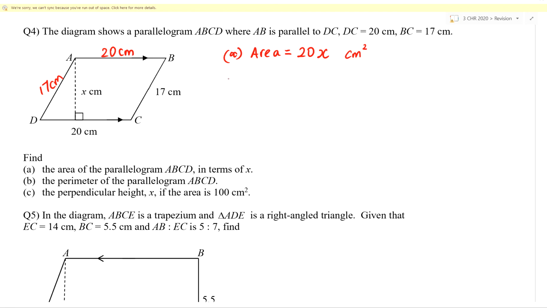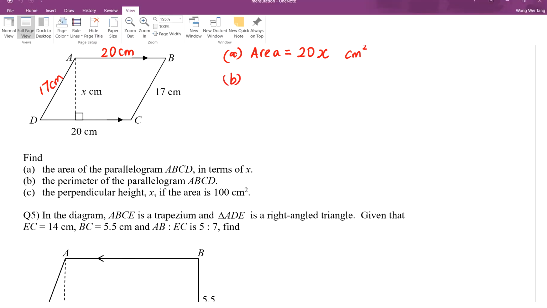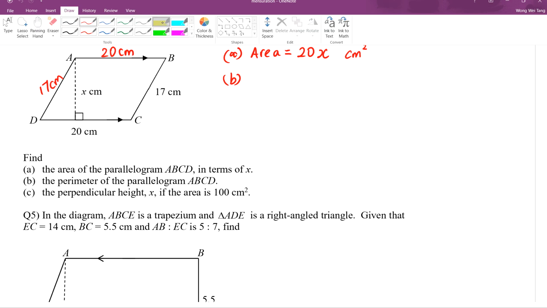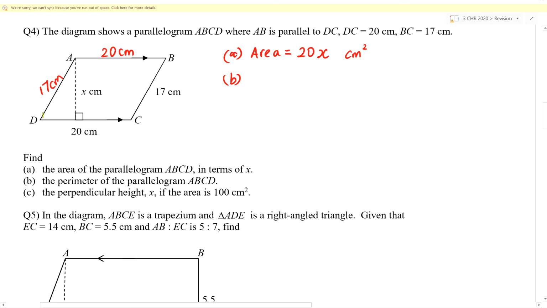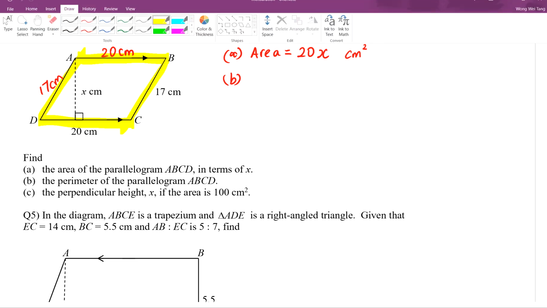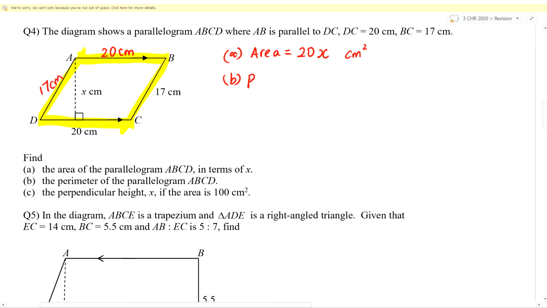Now we move on to part B, where we have to find the perimeter. So whenever you have to do perimeter, just make it a good habit, just outline the perimeter so that you do not miss out any part of it. Okay, and now we're going to add all these things up. We're going to add all these values up. Perimeter